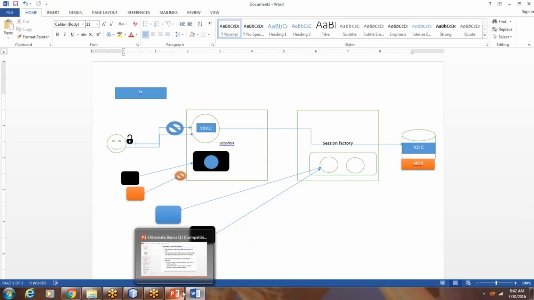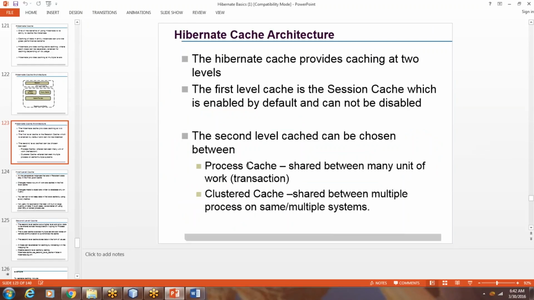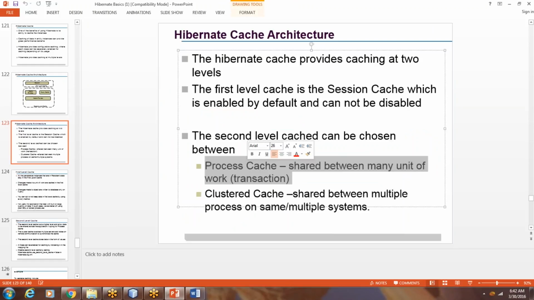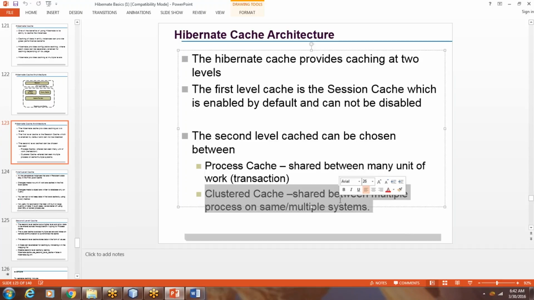So if you want the unit of work to be shared between more than one transaction, then you can go with the second level cache. If you want the unit of work to be confined to the specific transaction, then you should go with the first level cache, where the objects are stored at the session level itself. Clustered cache is shared between multiple processes on the same or multiple systems. So if you're working on a distributed architecture, where the unit of work has to be shared